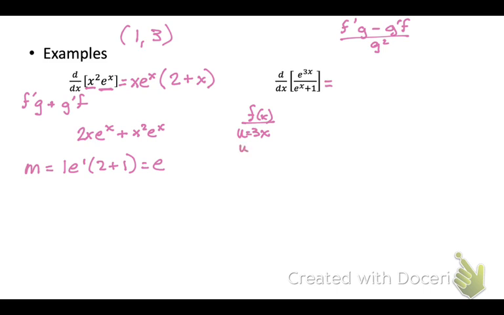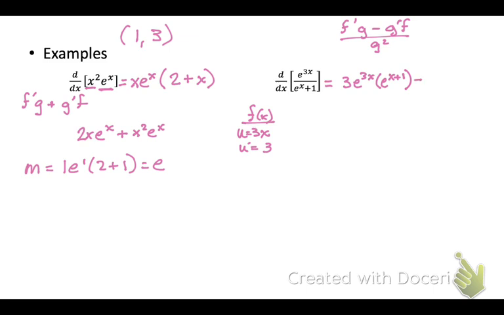So u prime would be 3. Okay, so the derivative of that is e to the u times u prime. So it'd be 3 e to the 3x times the denominator. So e to the x plus 1